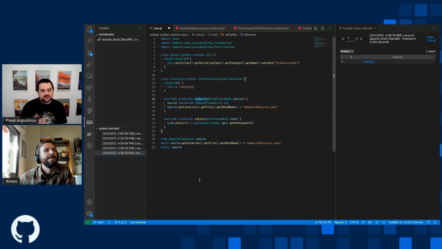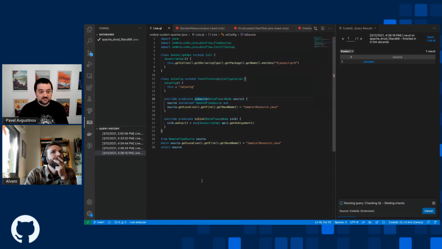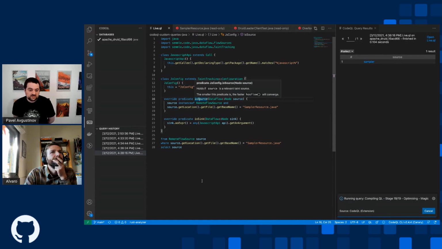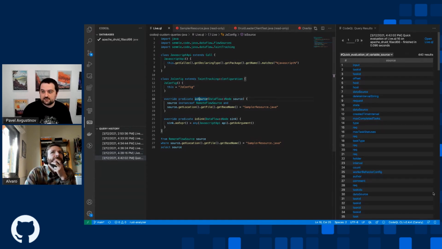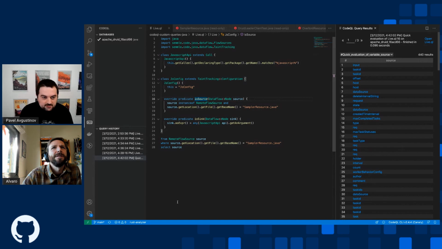What I always find useful when I build up configurations like this is to validate that each piece works in isolation, in order to build confidence that I haven't made a mistake or a typo or something like that. So I'm going to use the quick evaluation feature to just ask to inspect all of the values in this isSource predicate. And unsurprisingly, we have our 440 results. Well, I say unsurprisingly, I am actually a little bit surprised because I was hoping that it would be restricted to just